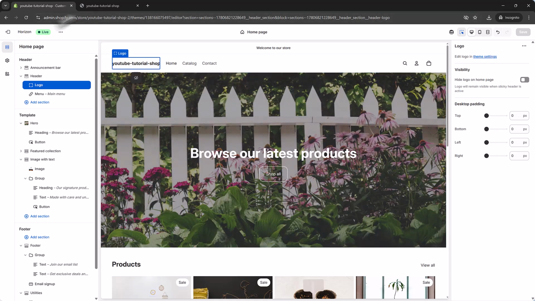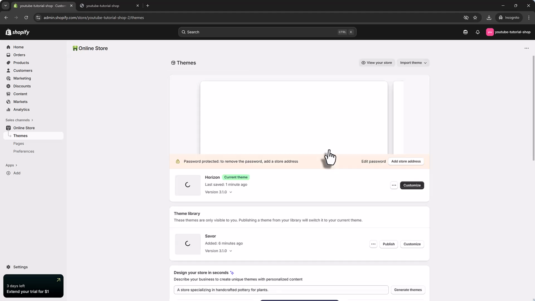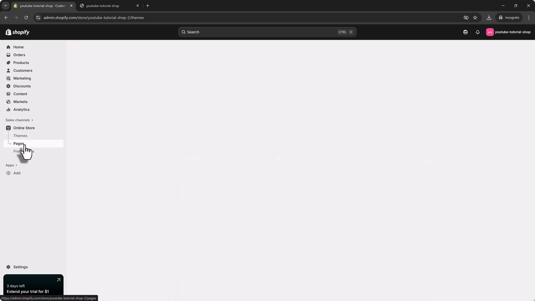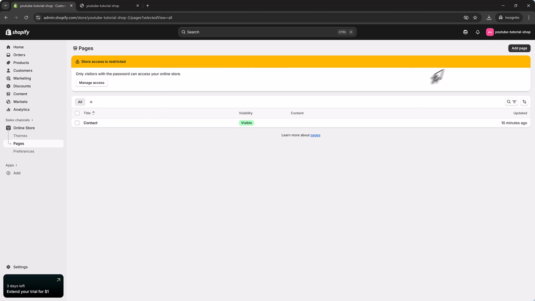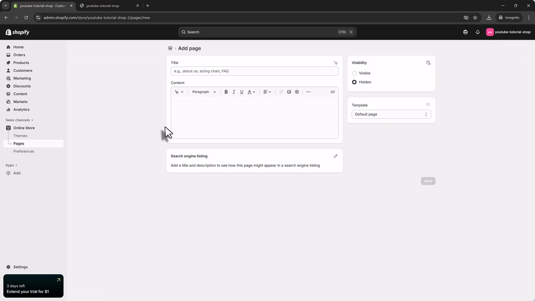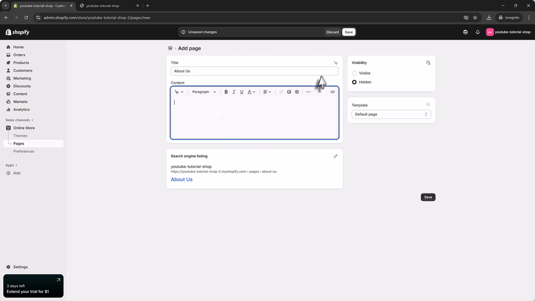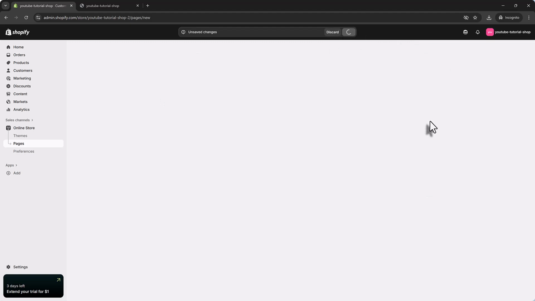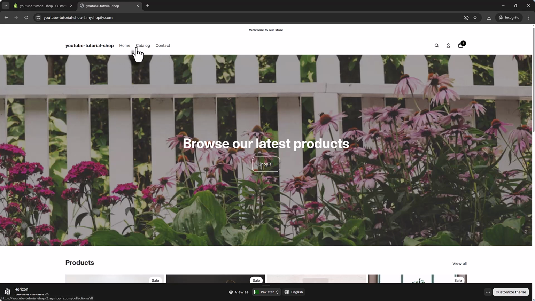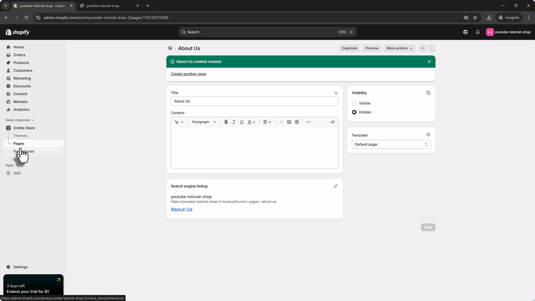Okay, so next thing we will do, if you would like to add any pages, you can go to the pages and add more pages. Let's say we would like to add a new page, about us, and you can add the about us and you can enter the text and you can save that. And right now you can see we have home, catalog, and contact. And if you would like to add the about us page over here, you can go to the preferences,